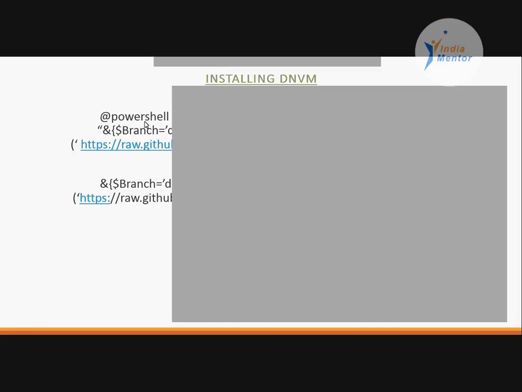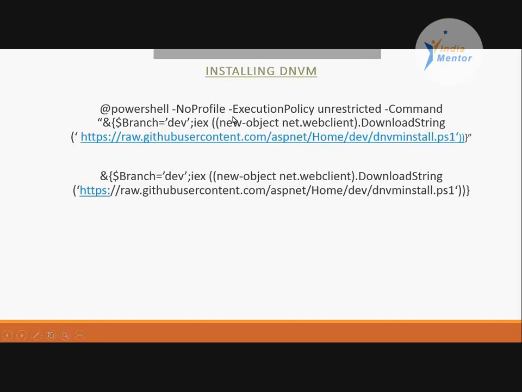What basically it is saying is that for all your profiles on this machine for PowerShell, it is setting the execution policy as unrestricted. So we would not have problems in getting this installed. Now if you are sure that you don't want to do that and you understood the execution policies in PowerShell, the second command would be the one for you, which would install DNVM on your machine.